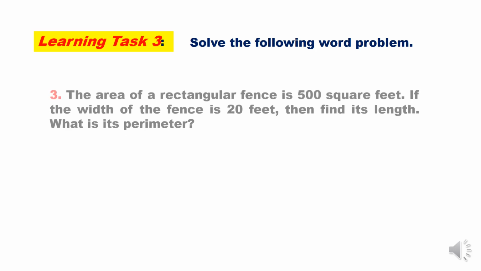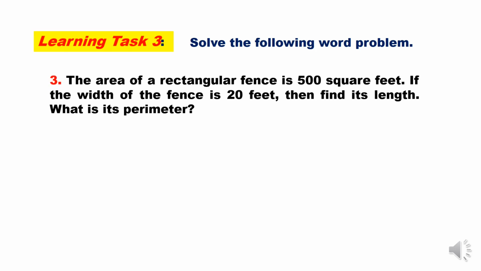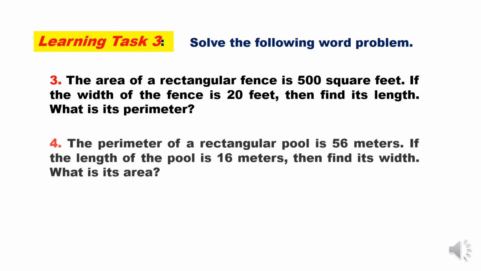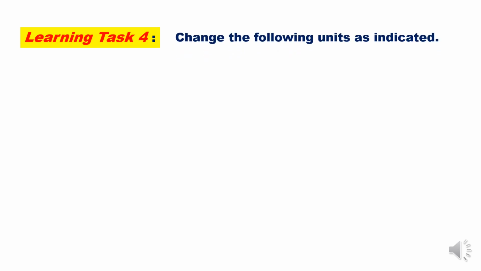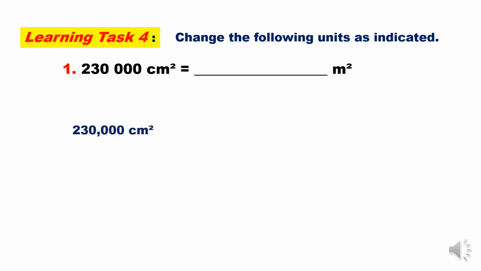From the examples I gave, I know you can answer number 3, number 4, and number 5. For your learning task 4, change the following units as indicated. Number 1, 230,000 square centimeters equals blank square meter. So, write down the given. Multiply by our conversion and the denominator is 10,000 square centimeters. The numerator,